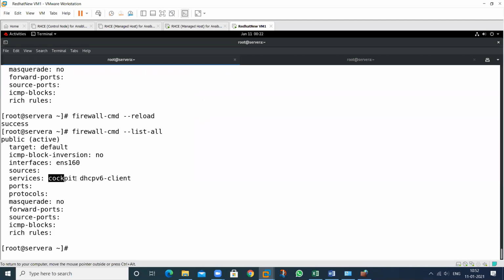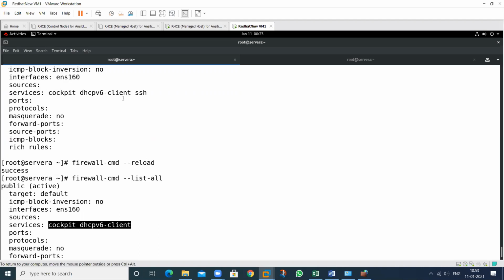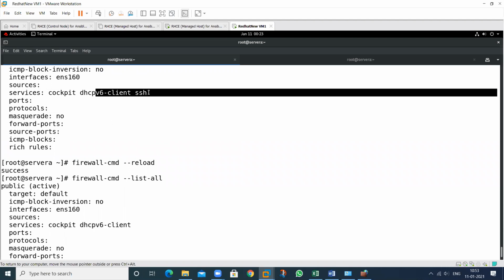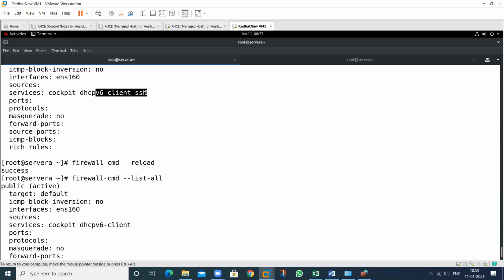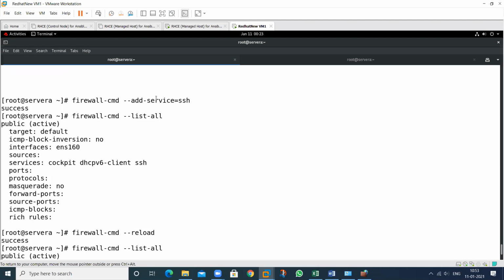If you want to allow any service, any port, any activity just on a temporary basis, for the runtime only and not for the booting time, you don't need to add the permanent parameter.